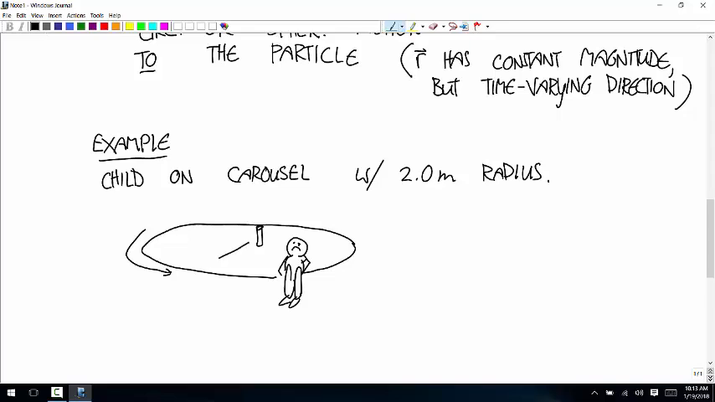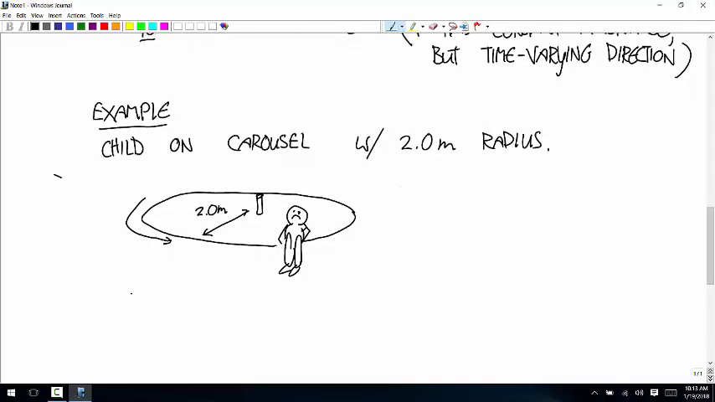So this distance is 2 meters. At a given instant, the angular speed is 2.5 radians per second. Which way do I have this going? Counterclockwise